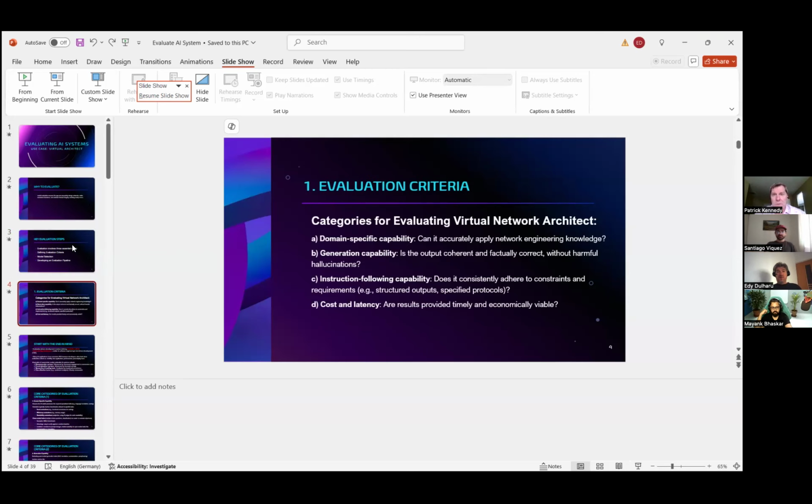So we have in AI systems multiple categories. Again, I try to map it to a practical application, which is a virtual network architect. It can be expanded to absolutely any AI solution. Any AI solution should cover a certain domain. It should be a marketing expert, a recommendation engine, a writer, anything. Then once we decide on a specific domain, because we want to have an expert in something,